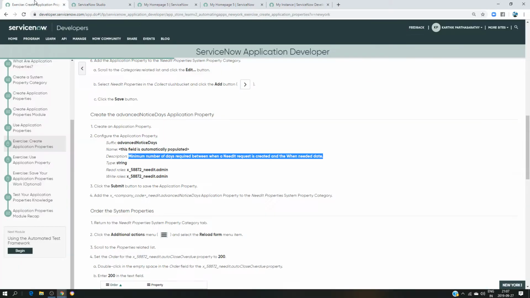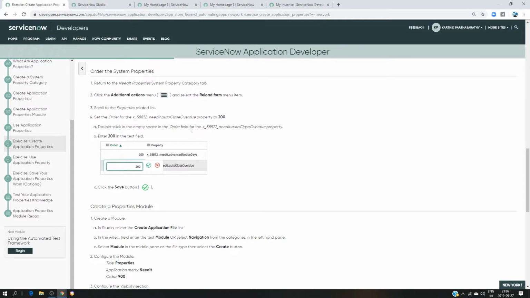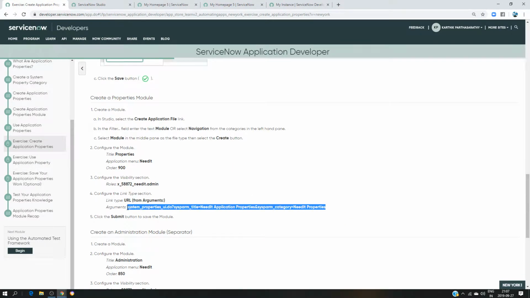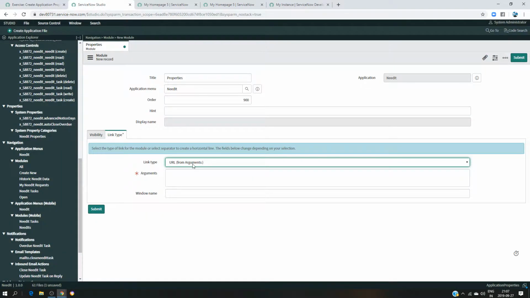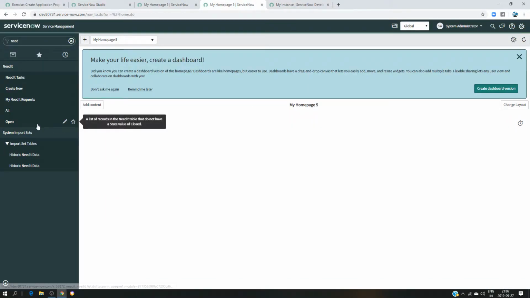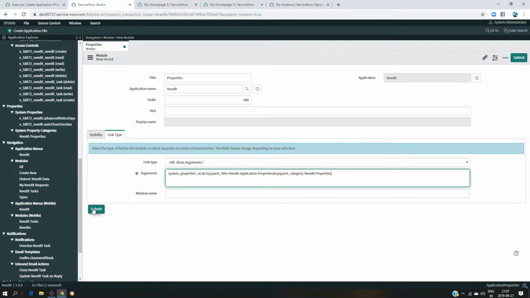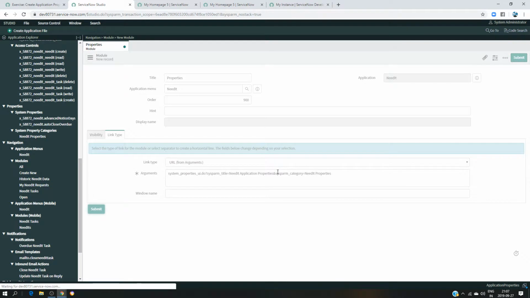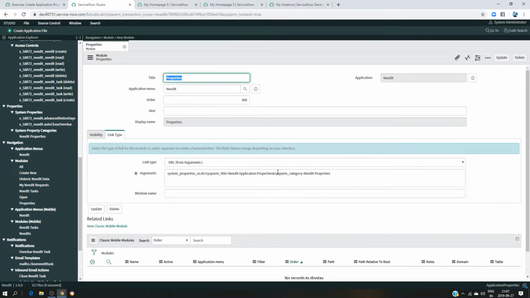Okay, so that one is available in the exercise, which is this one. I'm gonna put it here. But once you have your property, if you click on that, you will see in the URL level, you will have this one. Okay, so I'm going to click on submit. Okay, so this one is created. Now we are going to create another